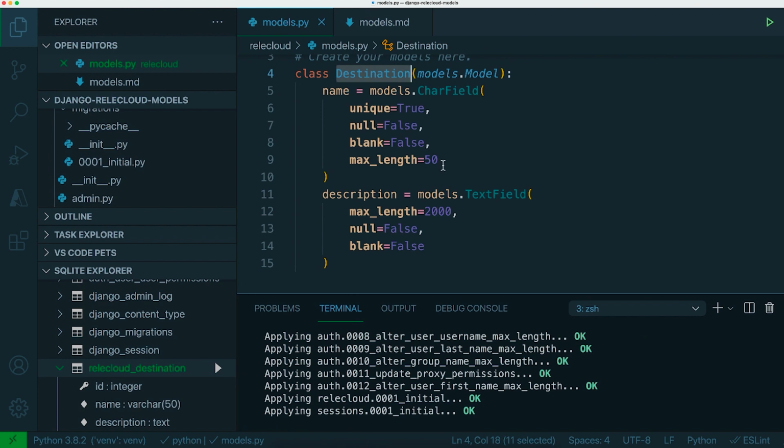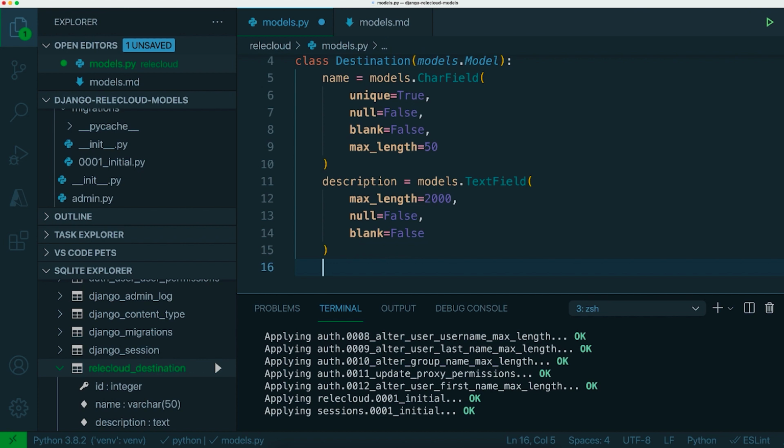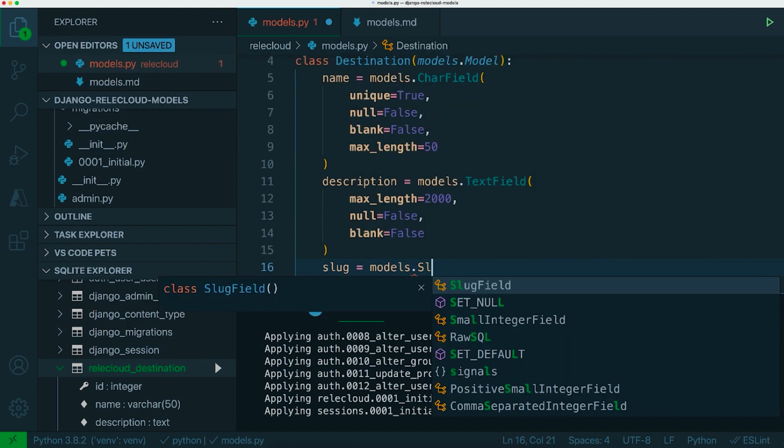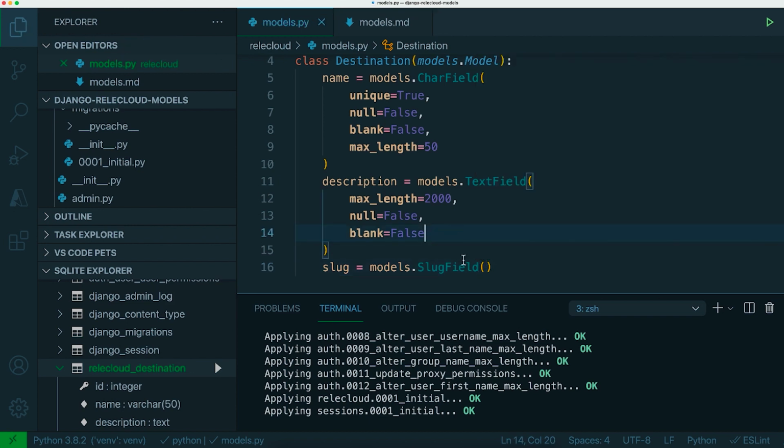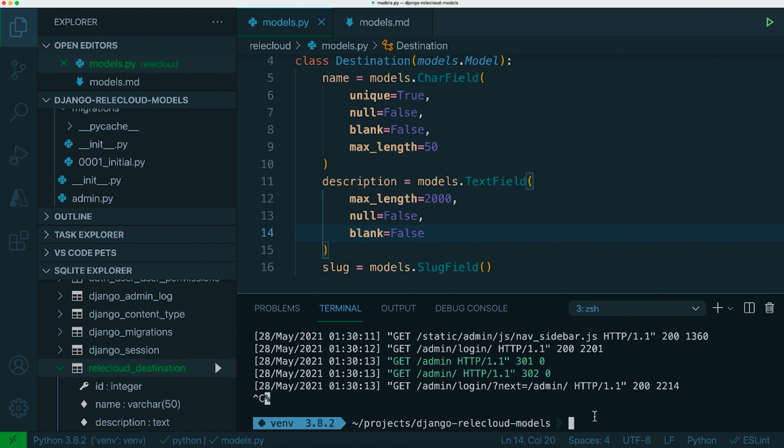So let's say that we want to add an additional field to this as well. Our destination here, we've got our name and our description, and I've also showed you some additional field types. In there, we had a slug field. So maybe we could refer to that destination as a URL with a slug as well. So we could introduce a slug here. Let's have a slug field and save that. Now, if we run makemigrations again,